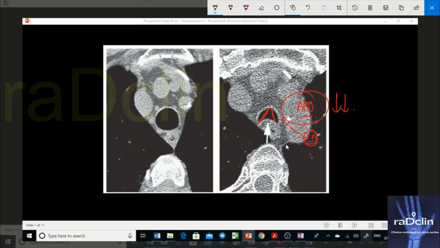Okay, there are a few patients in which there will be complete anterior bulging of the tracheal membrane. So can you call tracheomalacia in that? No, we cannot call it that. And if you ask what this extensive bulging is called, it is called excessive dynamic airway collapse. And it is totally normal in a few patients. It is excessive, it is dynamic because it is happening during expiration, and it's an airway collapse.